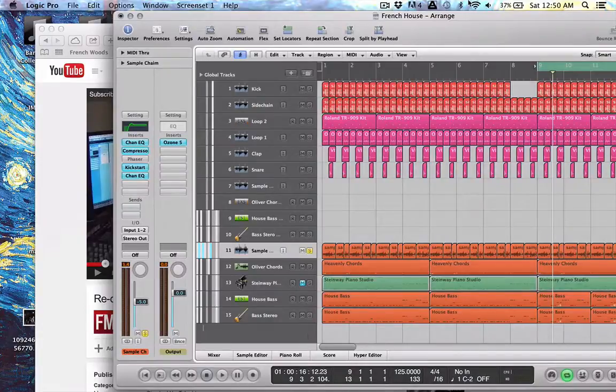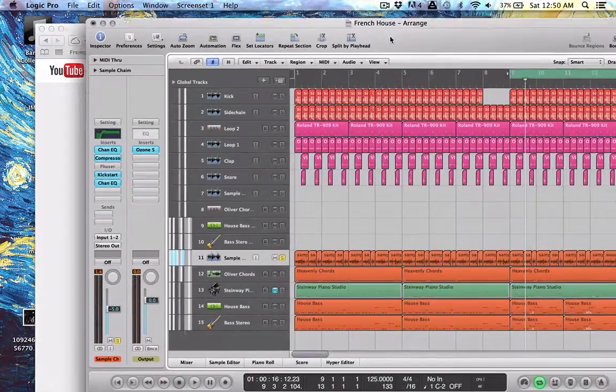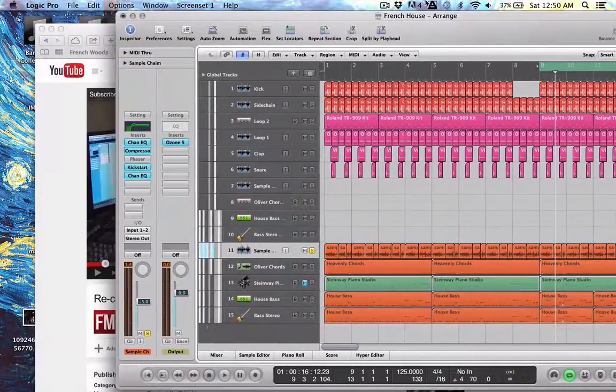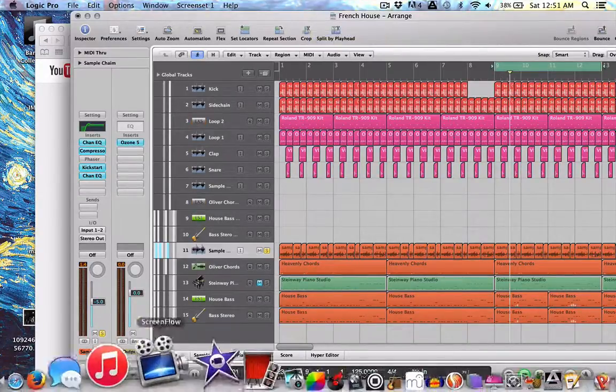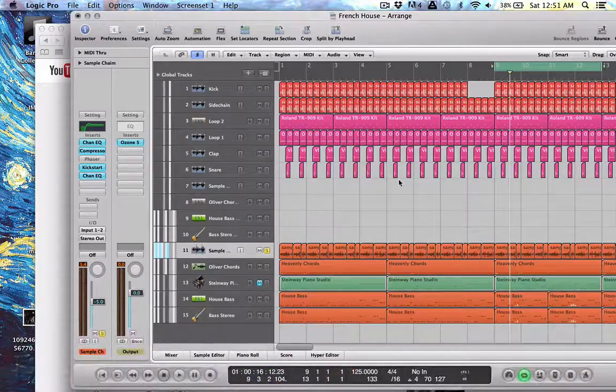But anyway, if you look up here, I'm making a little French house track. And for those of you who don't know, house music is really sample heavy. Most of the songs in that French house genre use samples. But the thing is, if you're using an actual sample, like maybe a 4 bar loop from a song from a little while ago, or it could be recent,